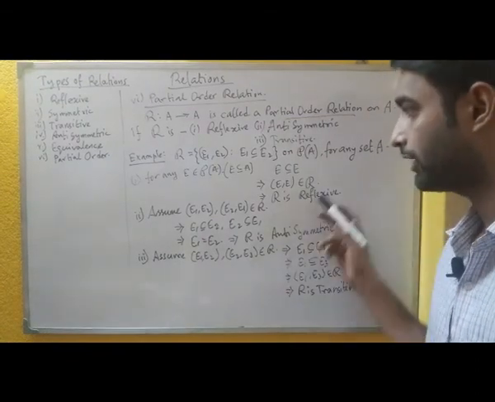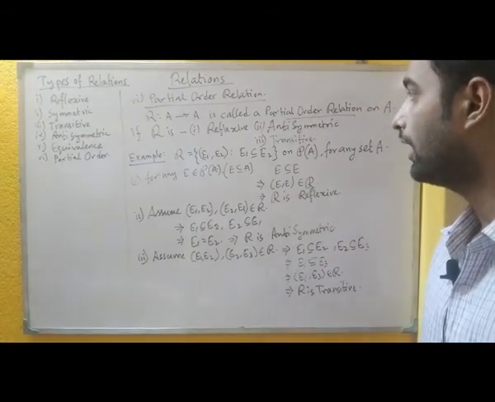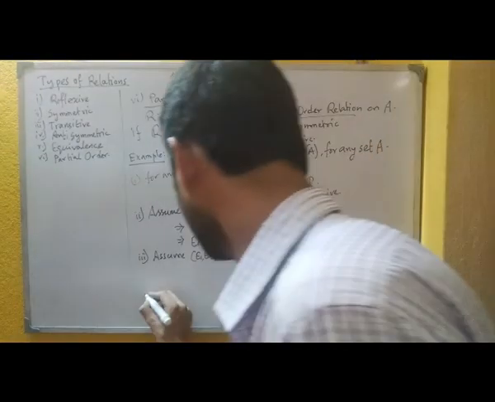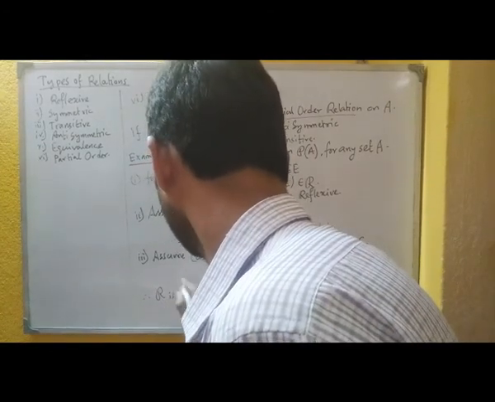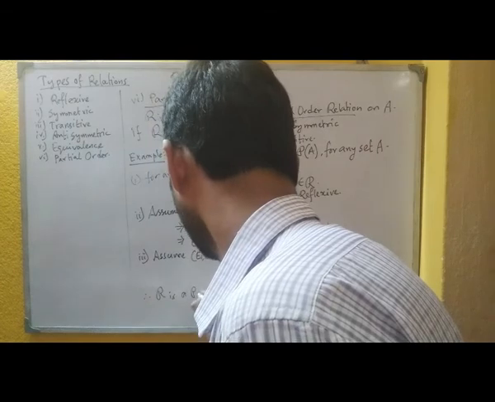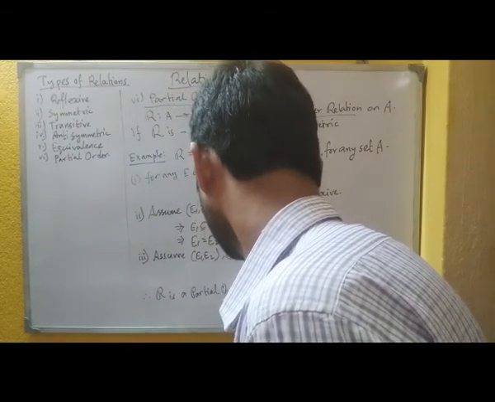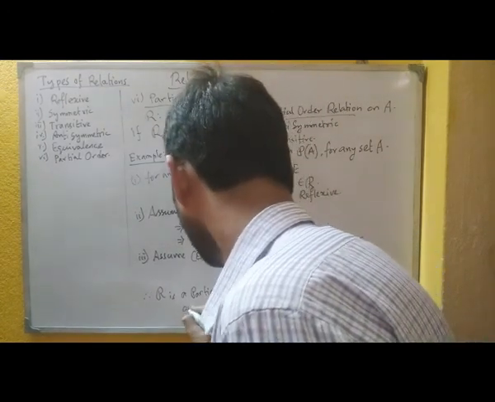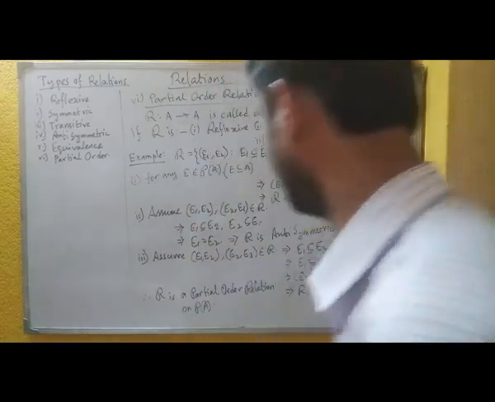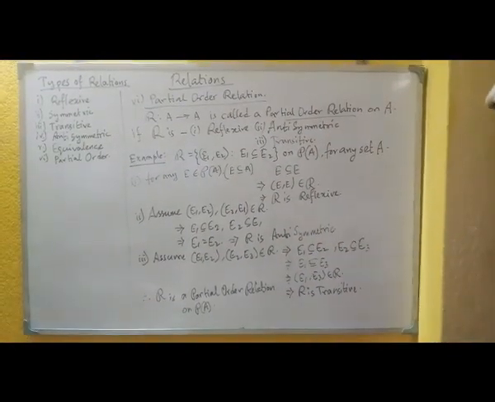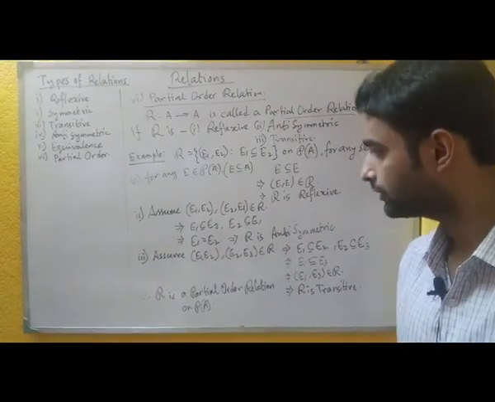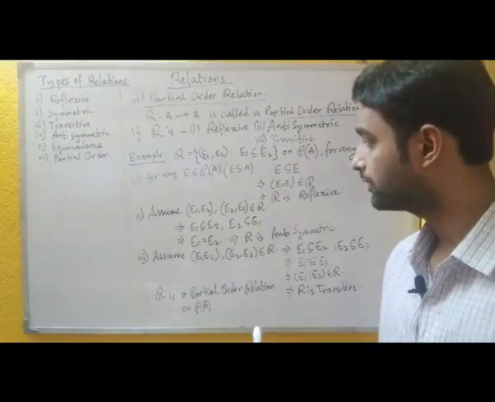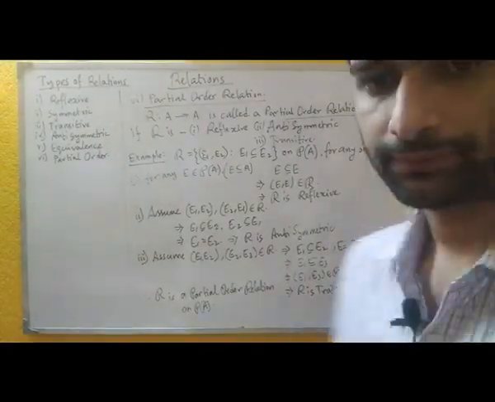So R being transitive, then by all these three conditions we can say that R is a partial order relation on the power set of A. Okay. So this is a nice example, and you can see how we can make the ordering for the elements, because if you take a set